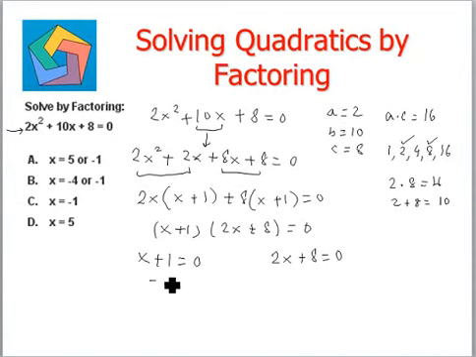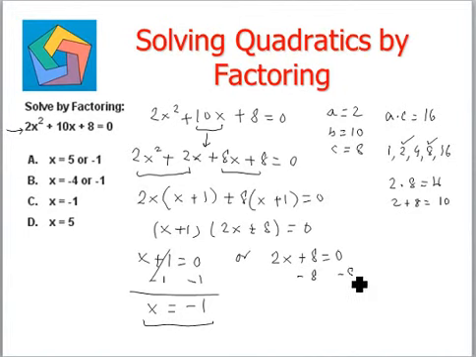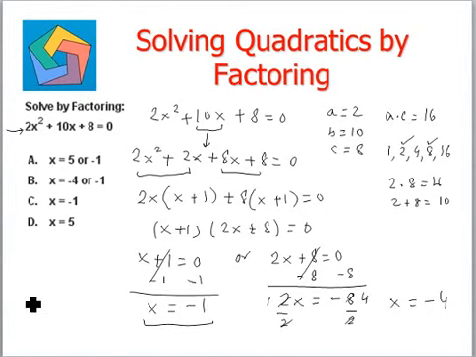So we subtract 1 from both sides, so we get 0. X equals 0 minus 1 is negative 1. This is one of them. Or for this we subtract 8 from both sides. This becomes 0. 2x equals 0 minus 8 is negative 8. Now dividing by 2 on both sides, negative 8 by 2 is negative 4. X equals negative 4. So x equals negative 1 or x equals negative 4 is our answer. Can be seen in option B.